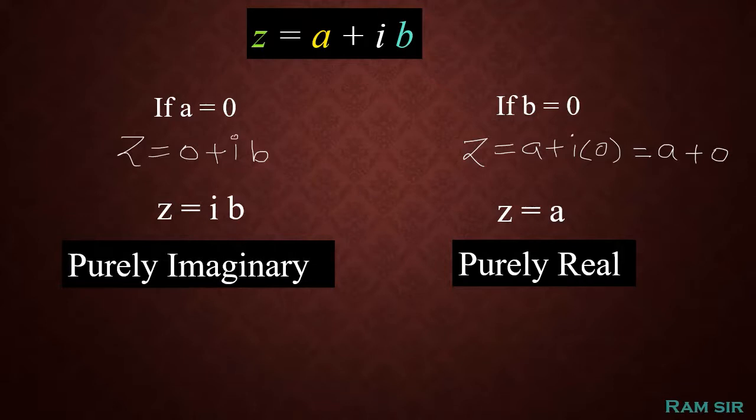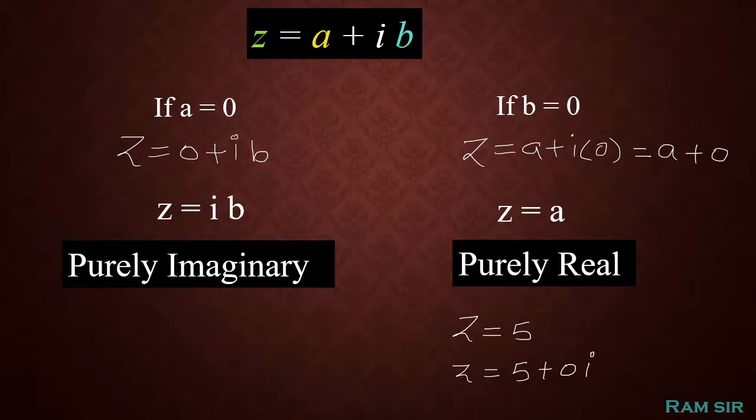So by this you can keep in mind a concept कि any real number can be expressed as a complex number. Like if we have a number z is equal to 5, which is purely real, we can write this 5 as 5 plus 0i, which is in the form of a complex number.